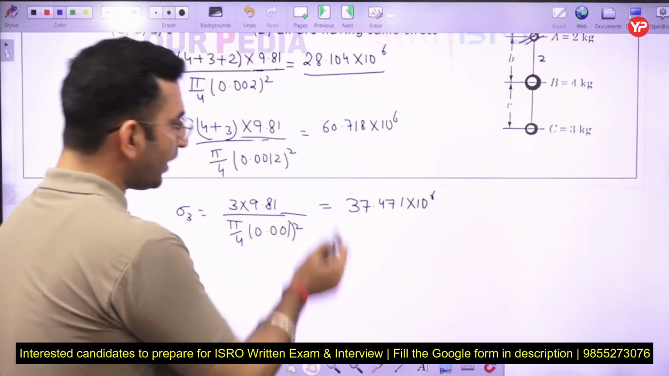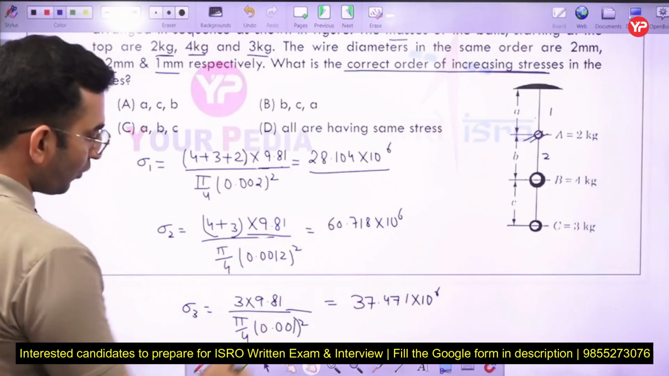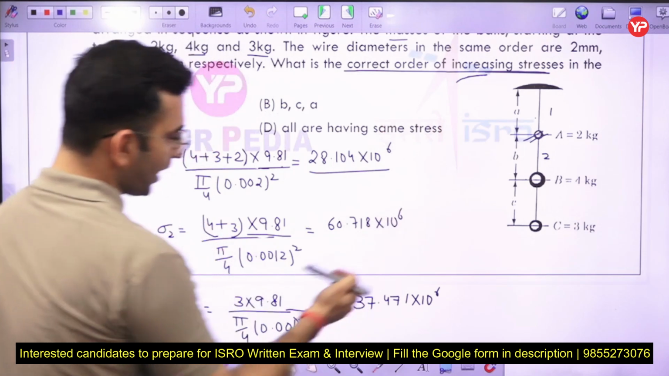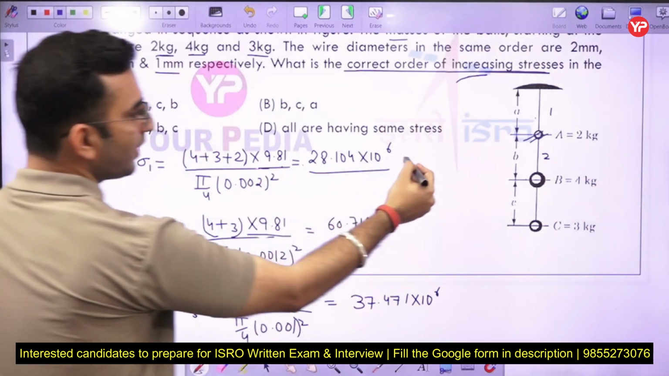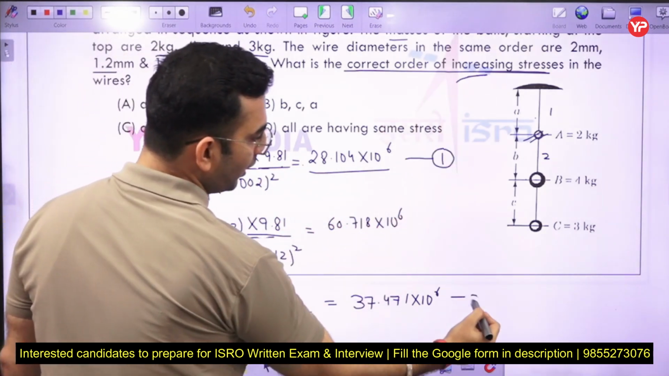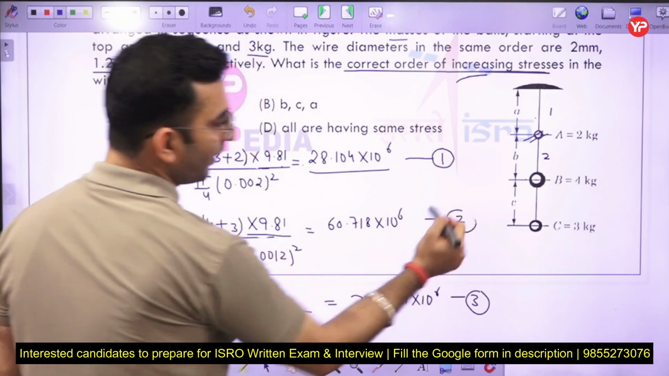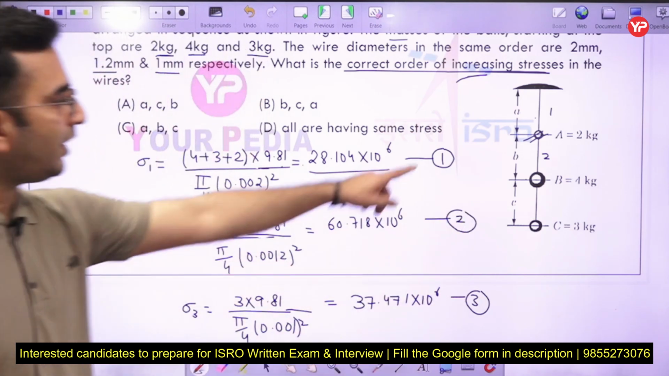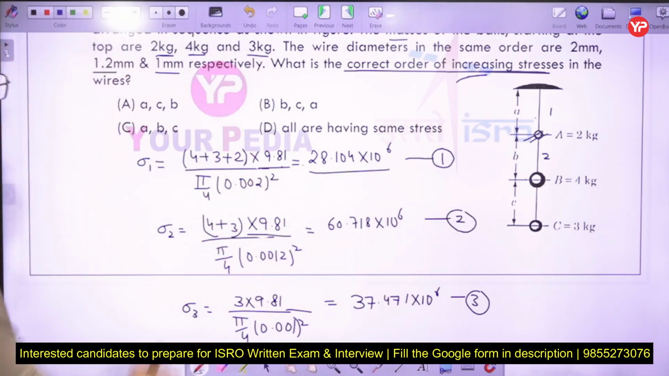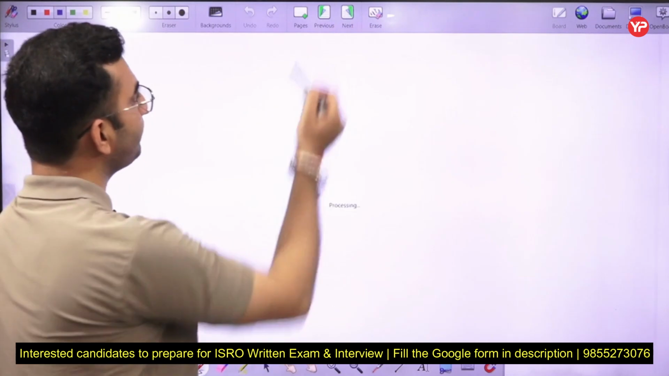In that case you can see the correct order of increasing stresses is the first wire, then the third wire, and then the second wire: A, C and B. So option A will be the correct answer here. Again, the question is very simple and a direct formula based question. Next,